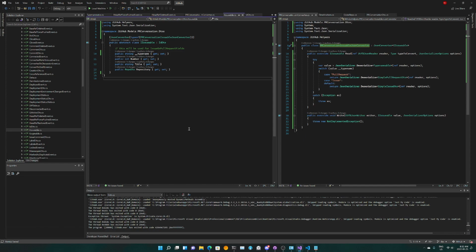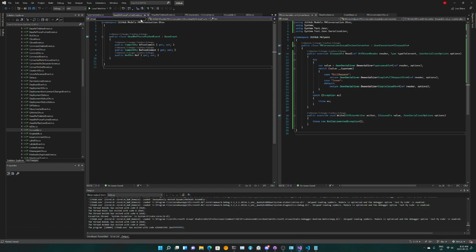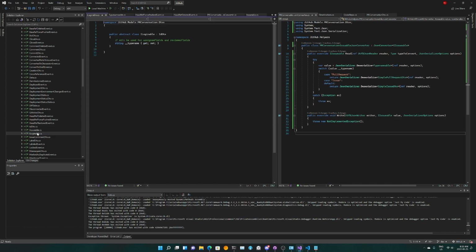The only thing left is iloginable. And I'll see if I can spare a few minutes on that one, because it doesn't seem like it's super complicated, right? So iloginable.